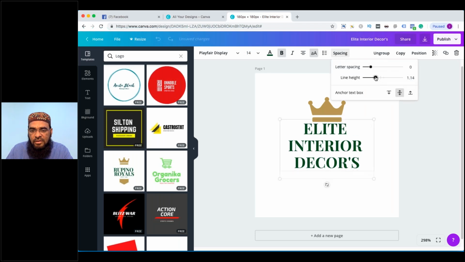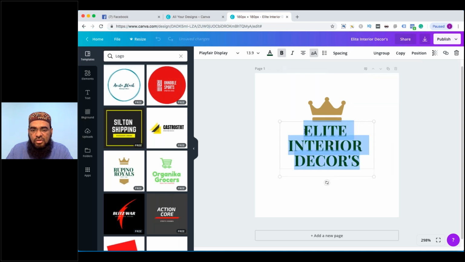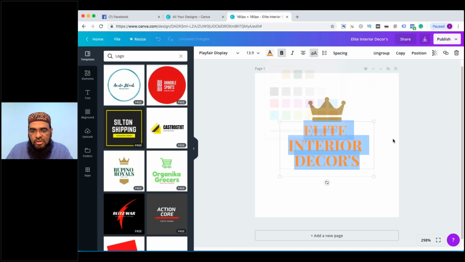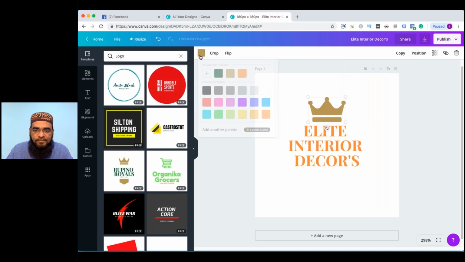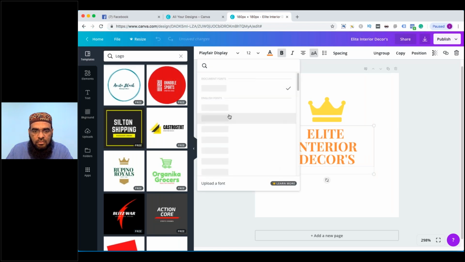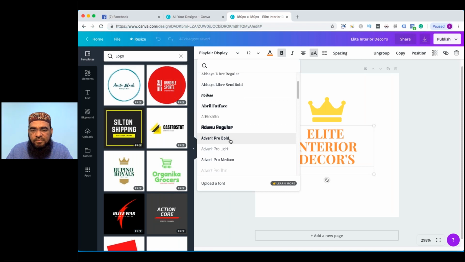Spacing, line height. All right. Perfect. Color, I think, should be more orange. Sure. Okay. Font, and see, this is just a free tool. You can use it.